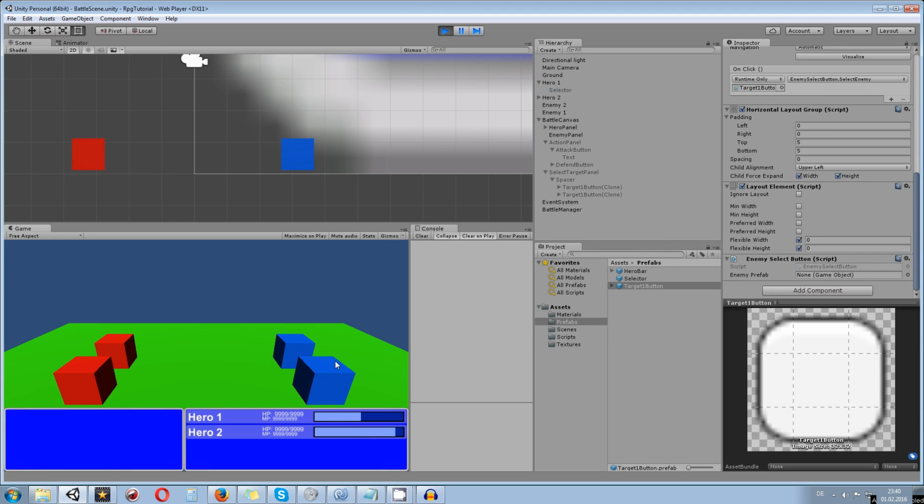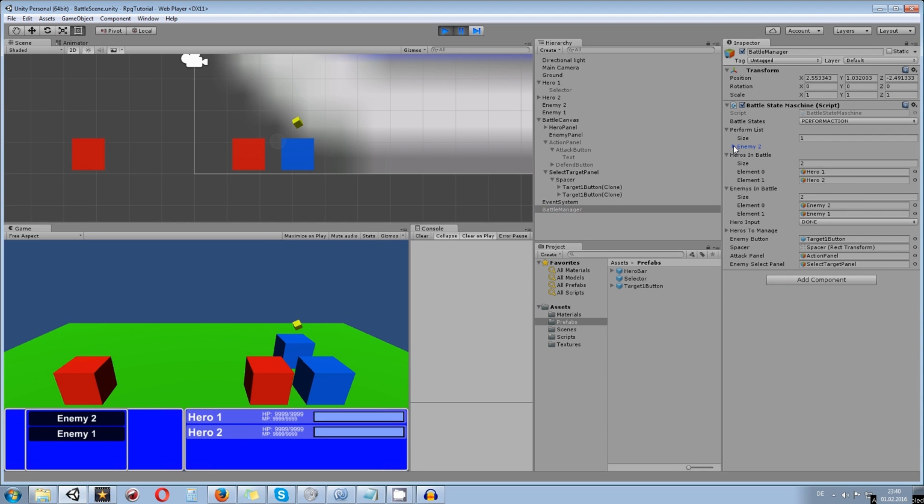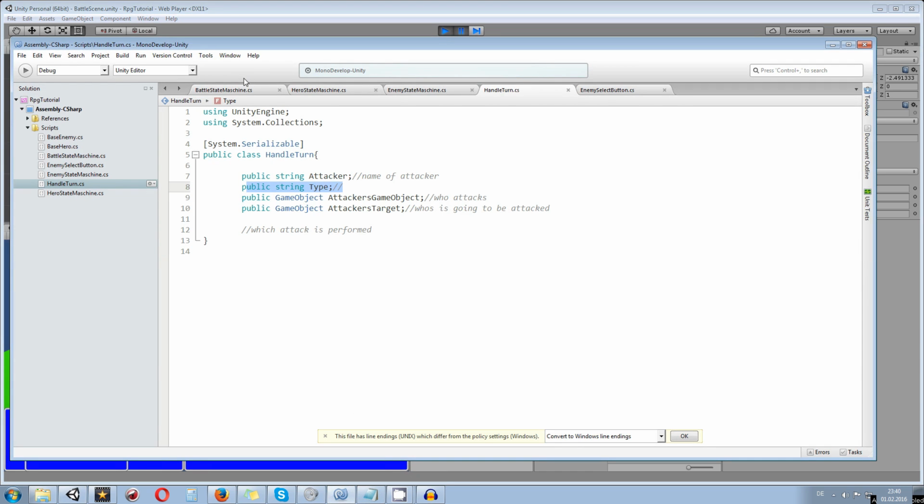So the first one is going to have input right now. We can say attack. Then we say we select enemy 1, and let's pause this. The battle manager should have heroes to manage, hero 2 and hero 1. The hero input is done already. We forgot to call the function. So